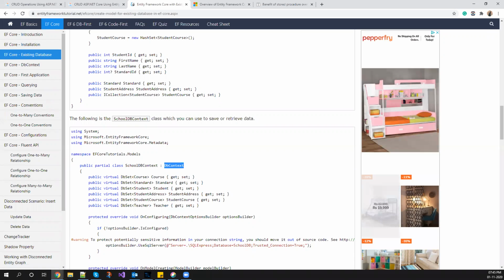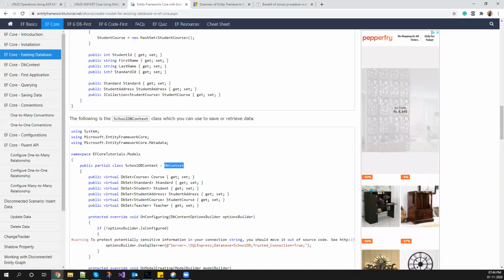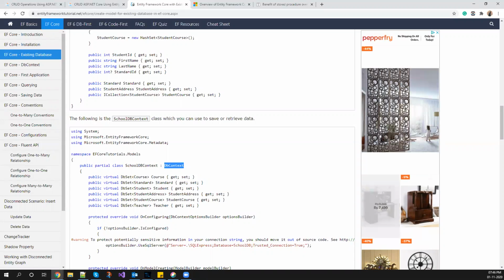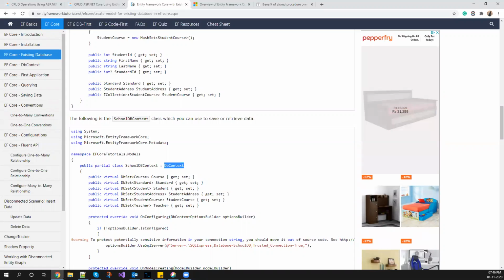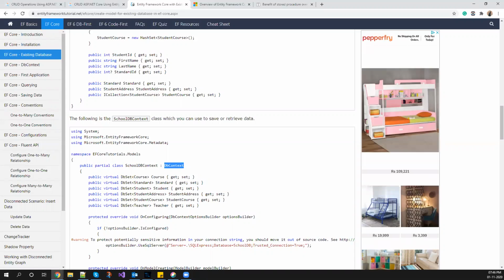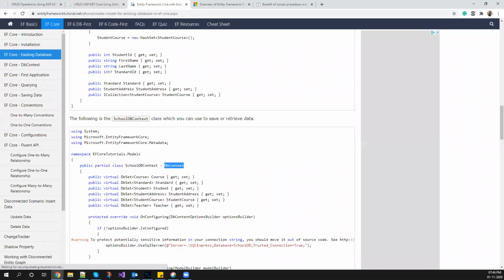You have a way to update it, and that is function imports. Whenever you add a procedure, Entity Framework by default adds the function imports for you, which creates the custom result set along with your tables. You can just go and edit this, and you will be able to see the custom result set. I'm sorry, I do not have an example ready for you. Maybe next session I'll keep something ready to show how you can do this. But just to give you the concept, it's very easy.